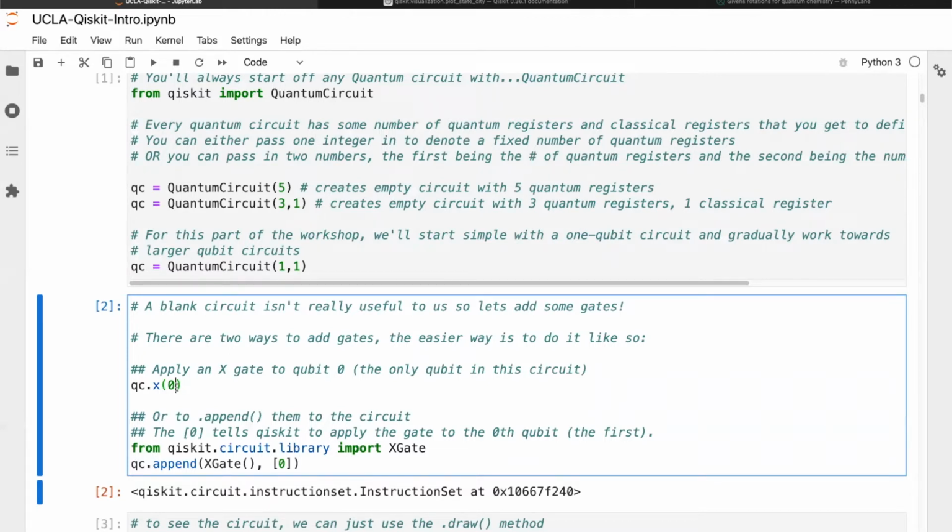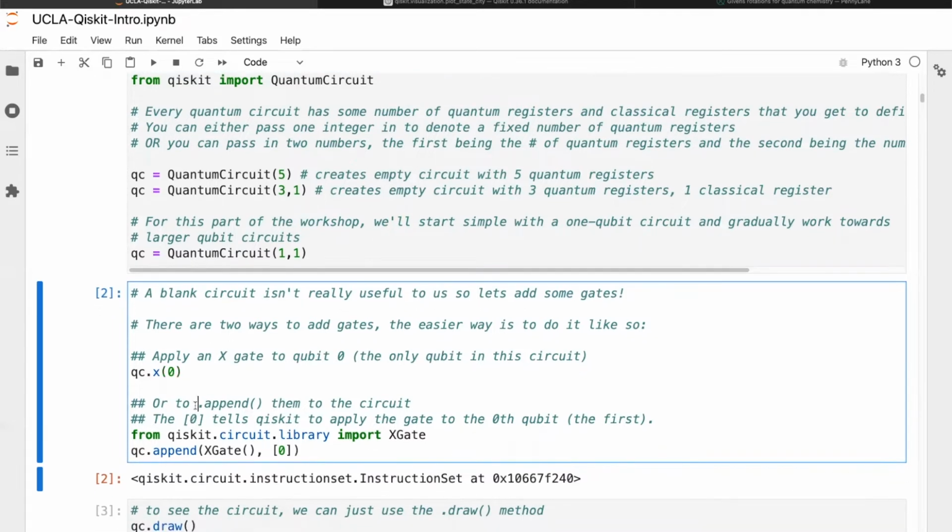So your first qubit is going to be accessed by the number 0. Your second qubit is going to be accessed by the number 1, so on and so forth. The other way, which is a lot more explicit and which might seem redundant now, but you'll soon find why it's so useful, is you can explicitly add a gate that you might have declared externally